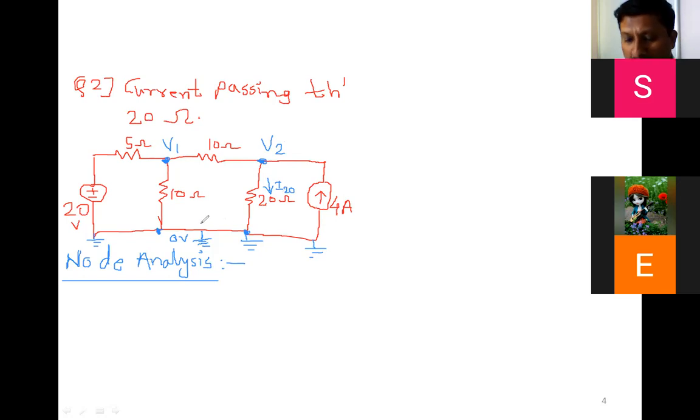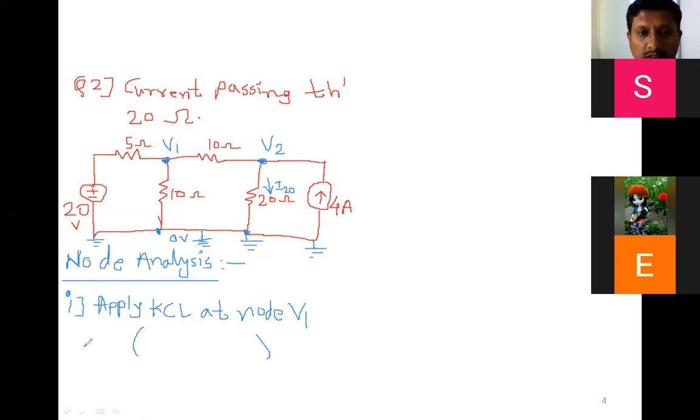So the first 2 steps we have completed. Now we follow the third step. As 2 principal nodes are there, I will give the names small I1 and small I2. So apply KCL at node V1. Okay. So you can write the assumption. Why is assumption needed? Because we are marking the outgoing current if current values are not given. So I will mark the current value.